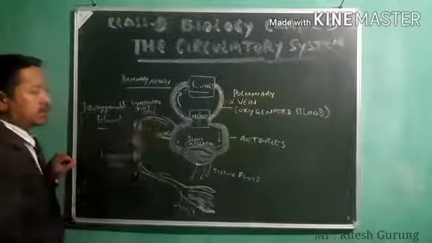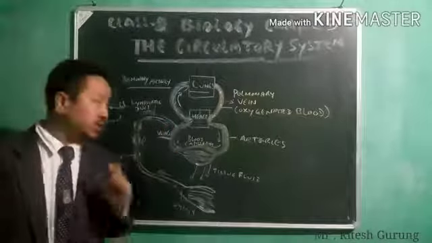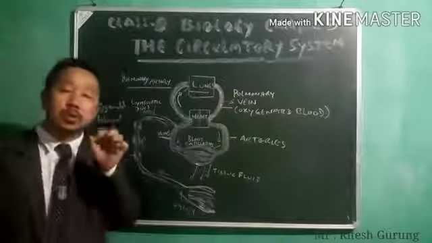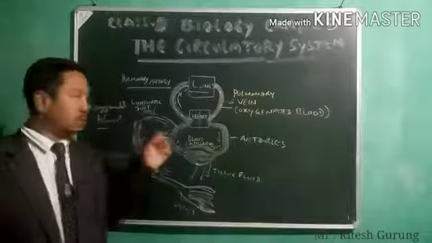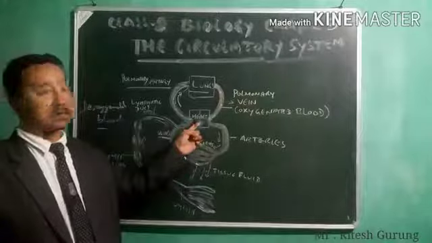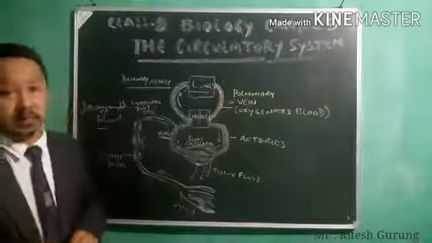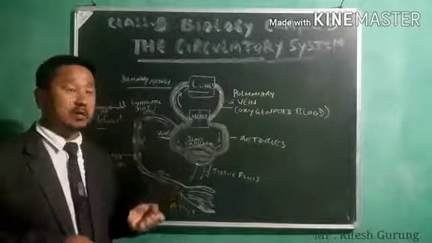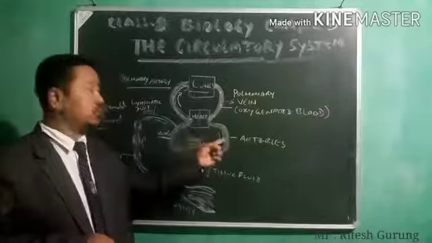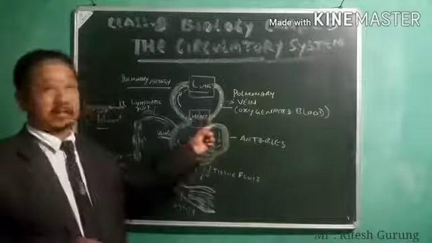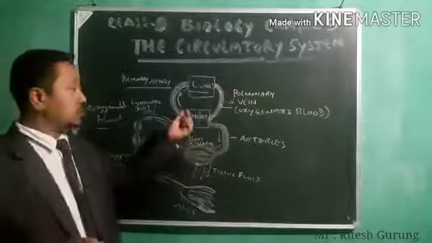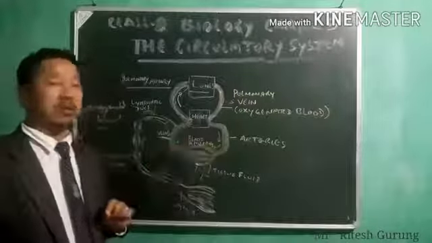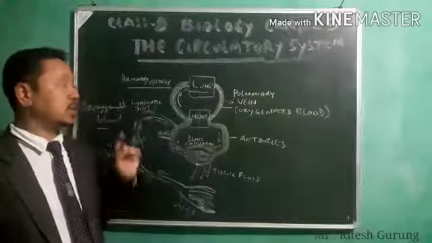So looking at this schematic diagram, what you see is that the blood in human beings is flowing through closed vessels, regulated by the heart. The heart is the one which regulates the flowing of the blood. Circulation of the blood is regulated by the heart, and that circulation is taking place through closed vessels, not open. Since it flows through closed vessels in the case of human beings, this system is called